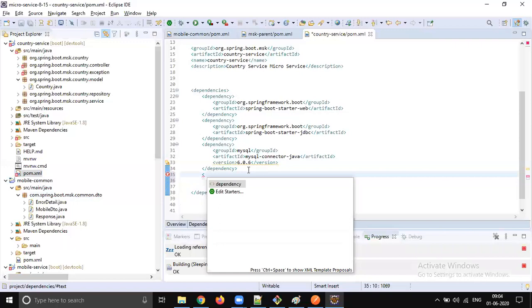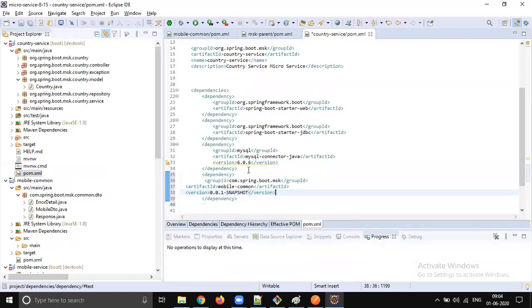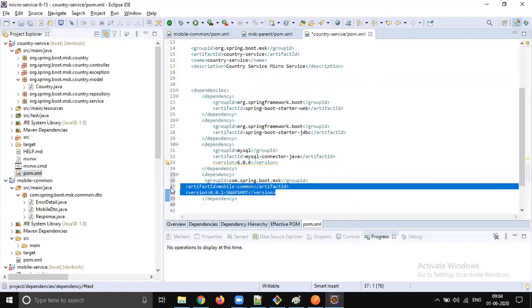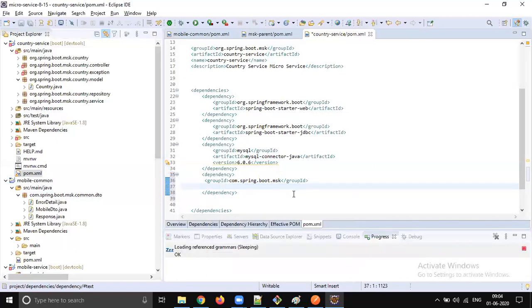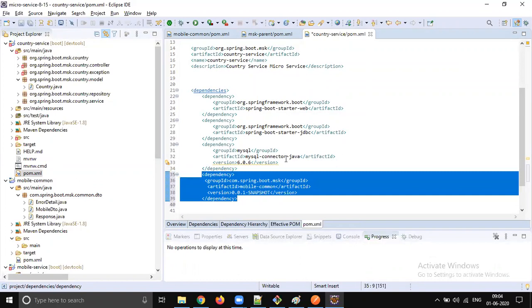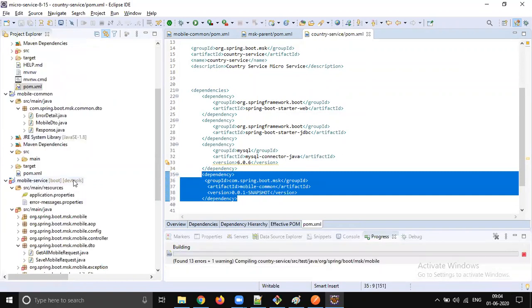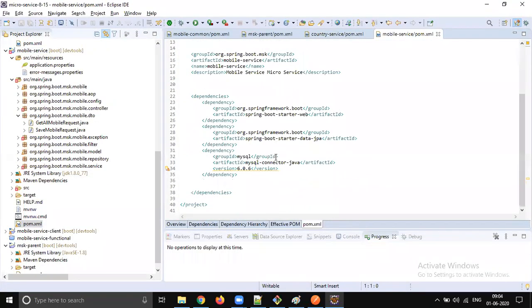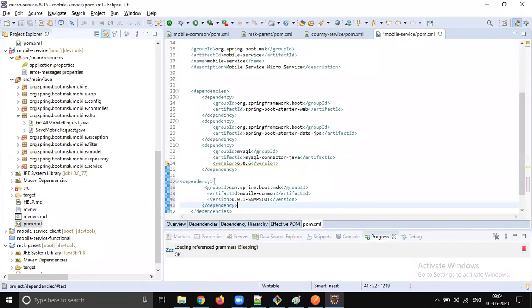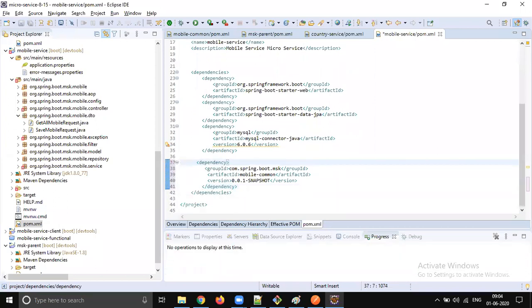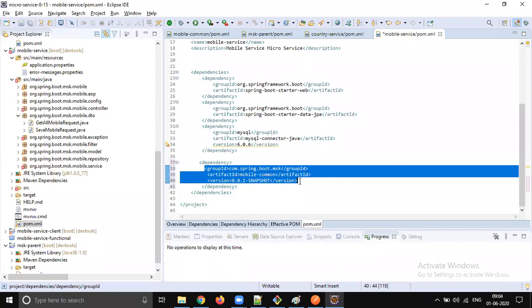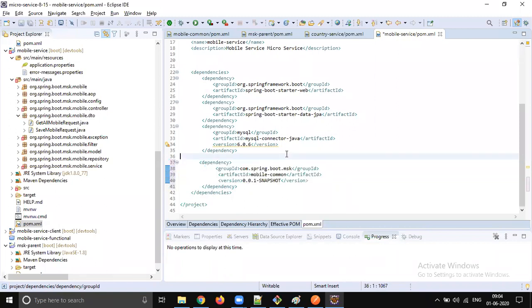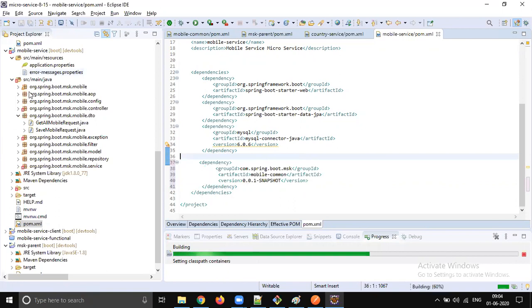Let's add the dependency in the dependency section. Copy this section, save the file. Let's go to mobile service also, add the same dependency here. Okay, so whatever files are in the common are available in the country service as well as mobile service.